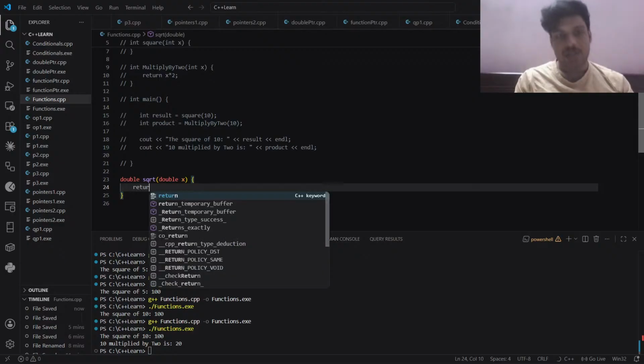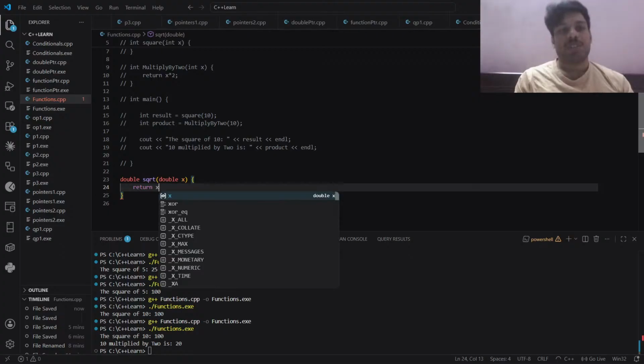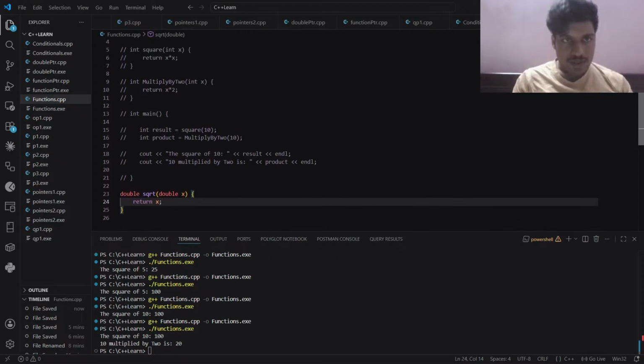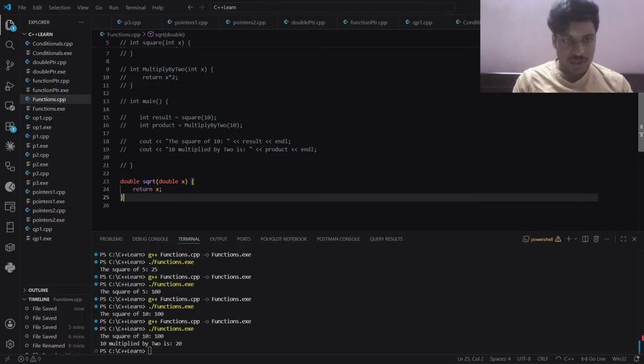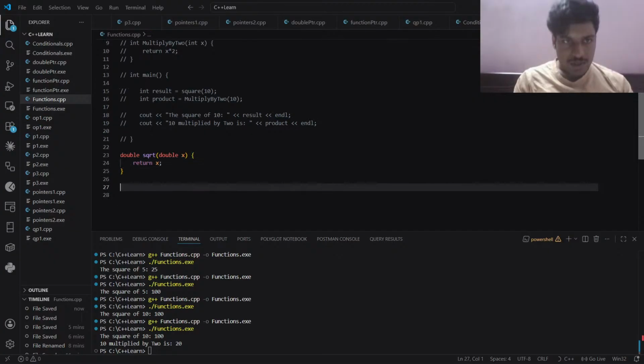I'm just going to return x. I have said double x, and I've just returned x. I don't need to do that, it's a predefined function. So let me just go to the main block,